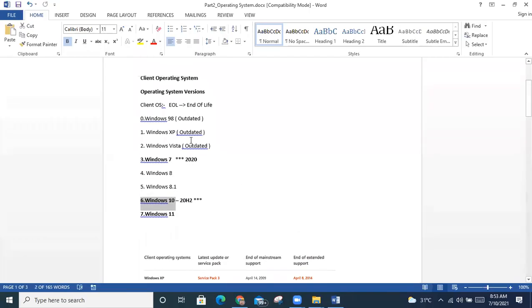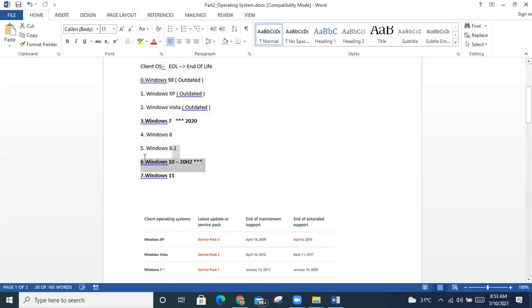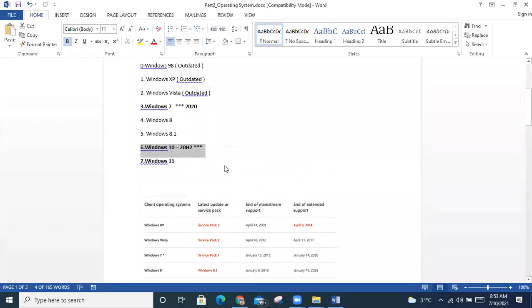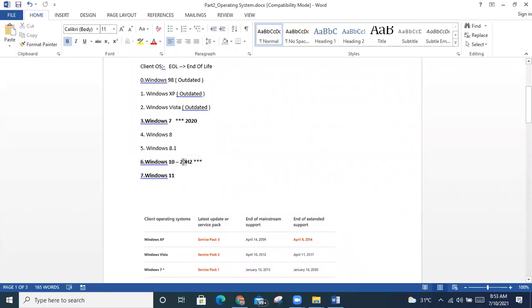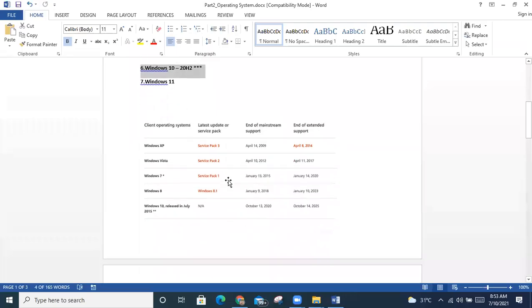So earlier they called them Windows 98, XP, Vista, 7, 8, 8.1. They kept on changing the names. But later Microsoft changed the naming to something like 20H2. We will check what 20H2 is later. The 20 is nothing but the year, and H1 or H2 is nothing but the release. Now we'll come to what the versions of this Windows 10 are in detail. So we'll look into it.